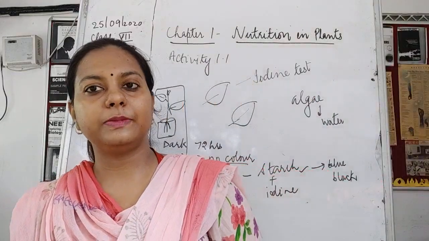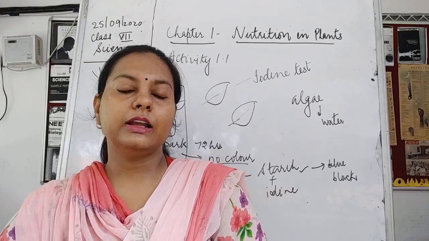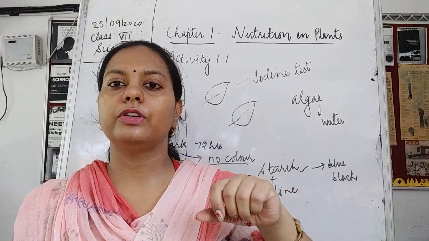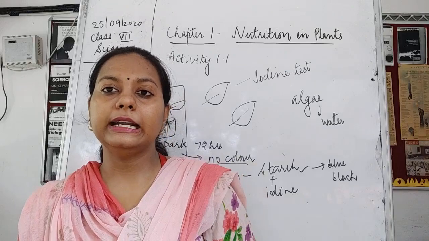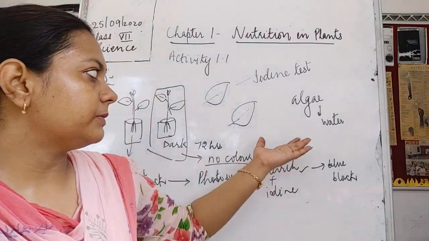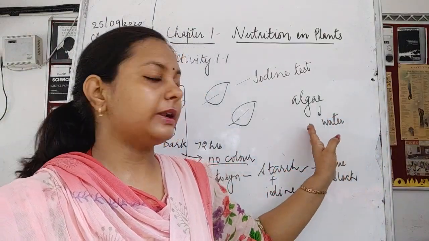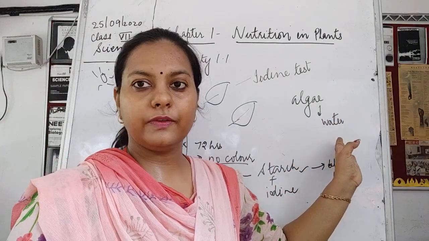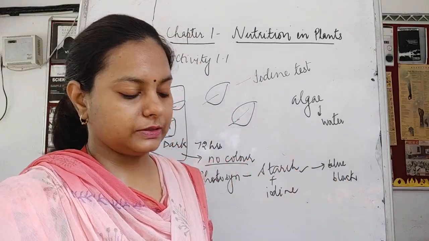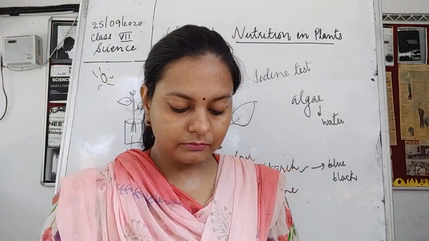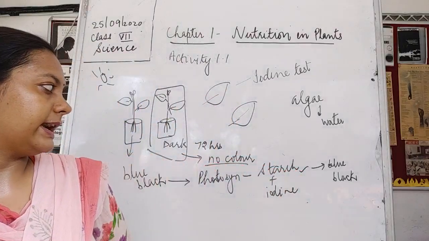Or in moist places, if you keep a bucket full of water and do not clean it for some time, you will see this green structure appear on the boundary of the bucket. This green color is also because of a plant, and this is known as algae. These are also autotrophic in nature. Because they are green in color, they have chlorophyll in them, and if they have chlorophyll, they can do photosynthesis. Fine. So this was about algae, which are green in color because they have chlorophyll in them.